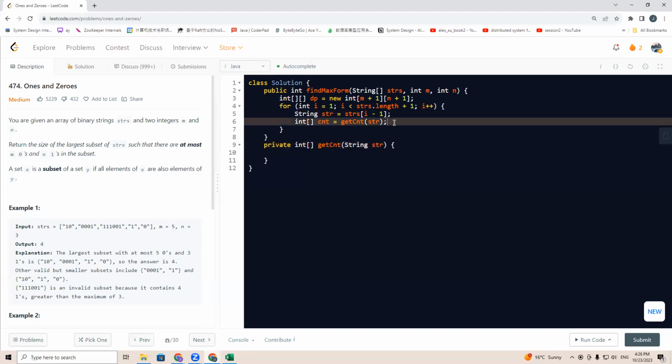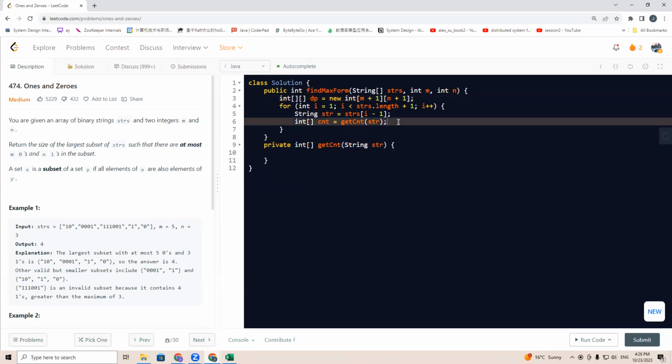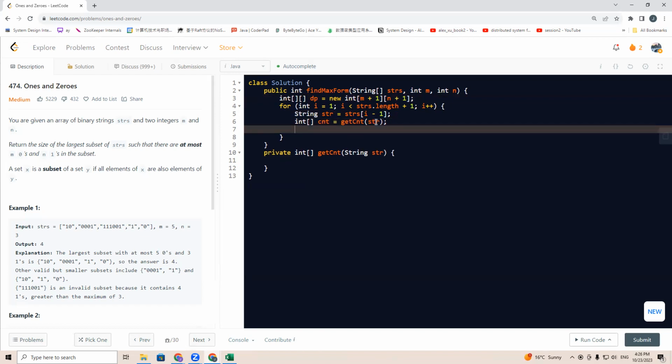And we know if we want to save one dimension of space for the 0-1 backpack problem, we need to iterate from the right to the left, where for j equals m, because we want to get the m, j greater equal to